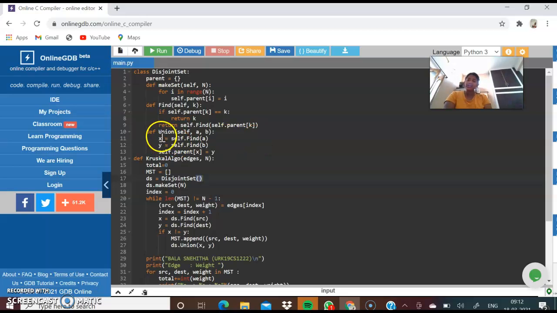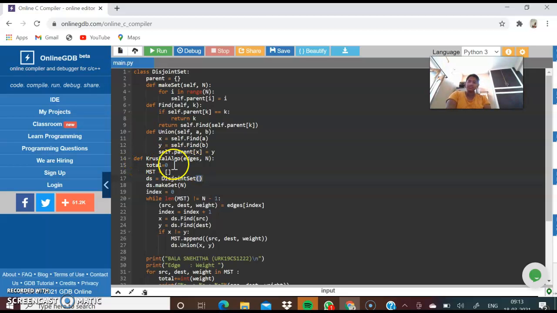Next, define function union with self, a comma b. Then x equal to self.find(a), y equal to self.find(b). Next, self.parent[x] equal to y.